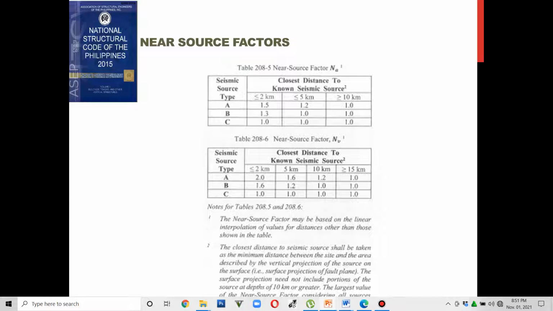The closest distance to seismic source shall be taken as the minimum distance between the site and the area described by the vertical projection of the source on the surface. Okay, the surface projection need not include portions of the source depths of 10 kilometers or greater. So yun ang notes na near source factor NA at near source factor NV. Okay,